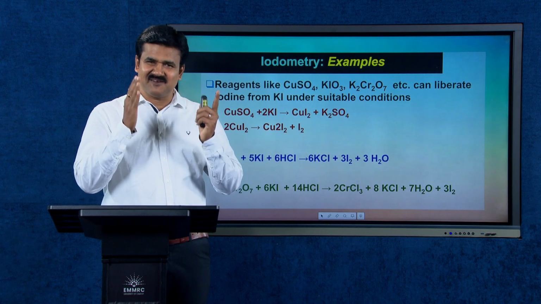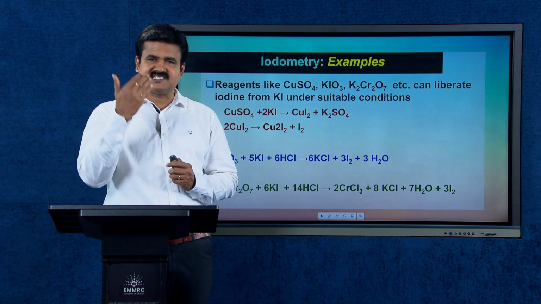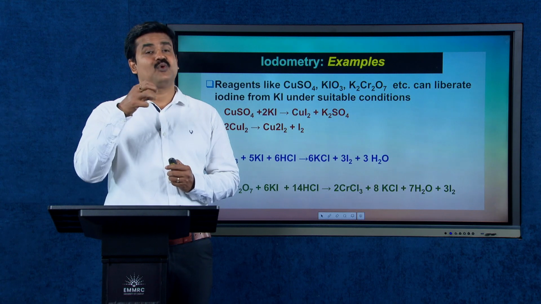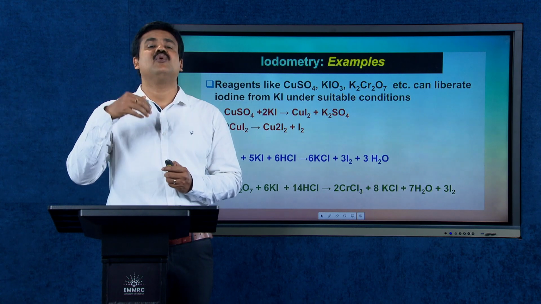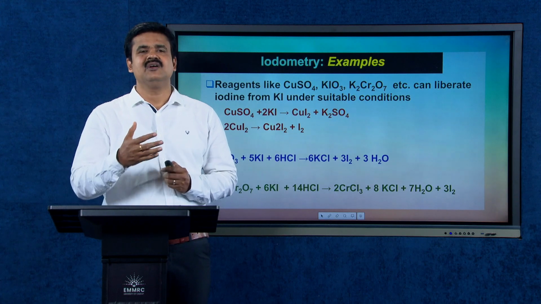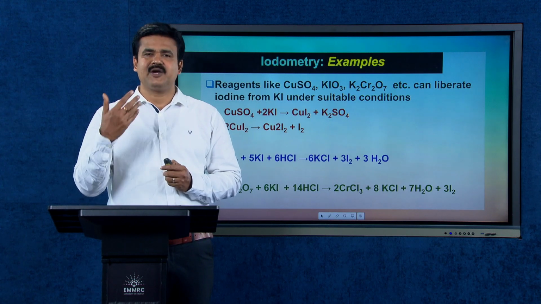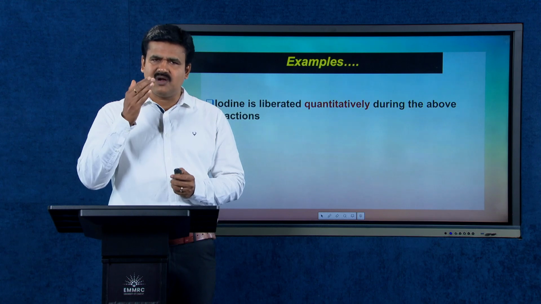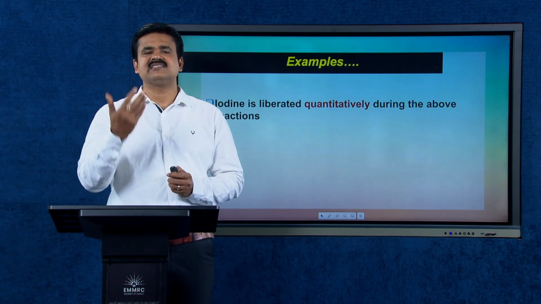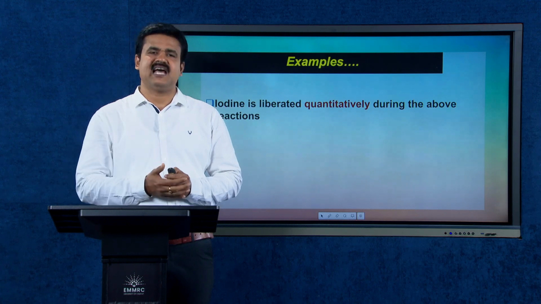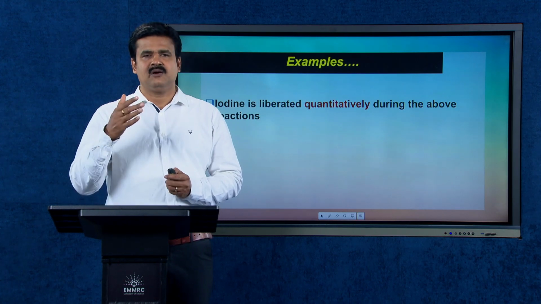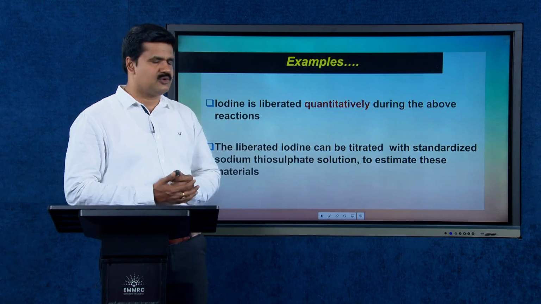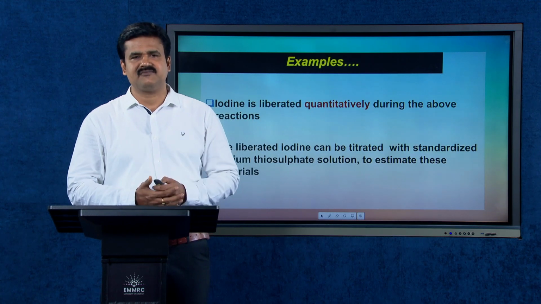It is very clear that reagents like copper sulfate, potassium iodate, potassium dichromate, etc. can liberate iodine from potassium iodide. It is possible to use this liberated iodine in volumetric analysis or volumetric titrations. So, these all are good examples of iodometry reactions. Iodine is quantitatively liberated in these reactions, and it can be used for estimation or titration in volumetric analysis. The liberated iodine can be titrated with a standard solution, for example, a standard solution of sodium thiosulfate, to estimate